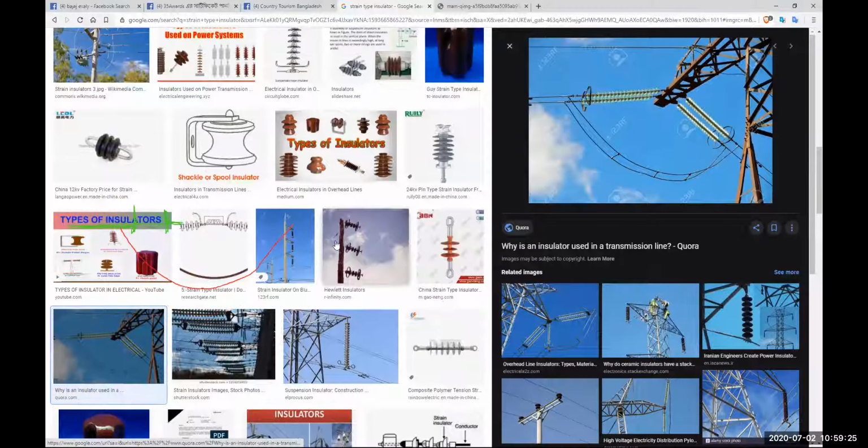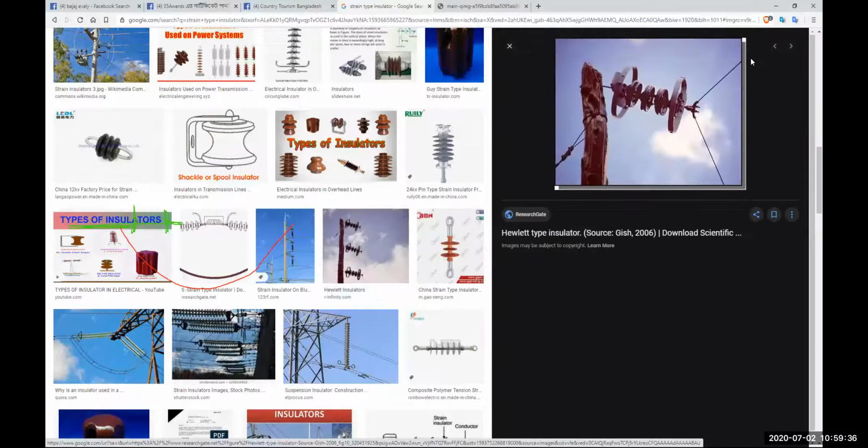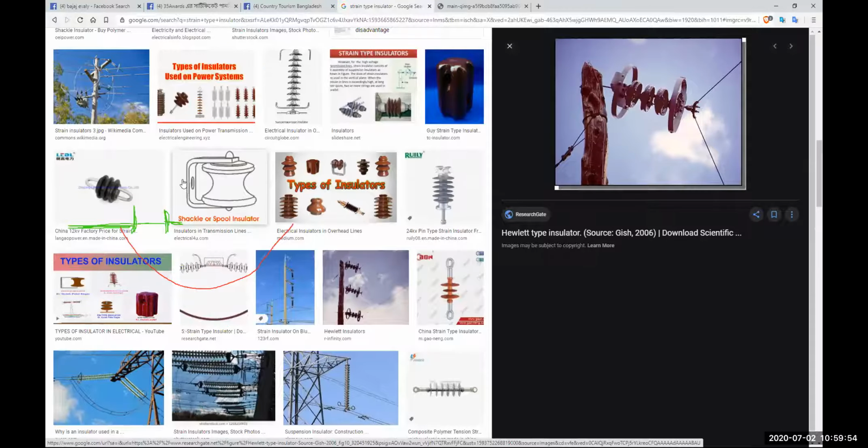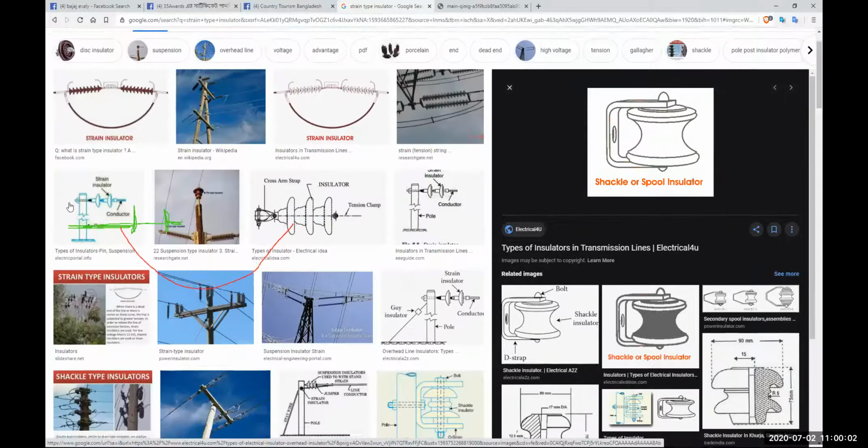Okay, now see, what is that? Shackle type insulator. What is the shackle type? Oh, this can be the strain type as well. Strain type at the corner. You can use this strain type insulator at the corner as well. At the corner, if there is a cable, there is a bending, so it will be the shackle. Shackle means some sort of locking mechanism, some sort of chain. Okay, that's why it is called a shackle insulator. Now let me give you... Oh, this is strain type, not shackle. Shackle is this one. Okay, let me give you the shackle type.